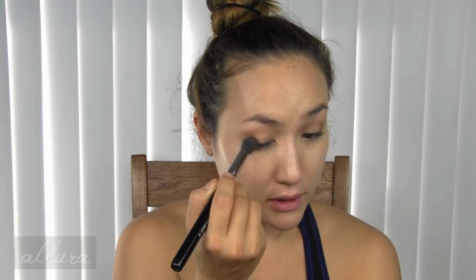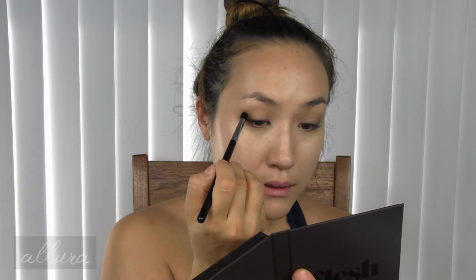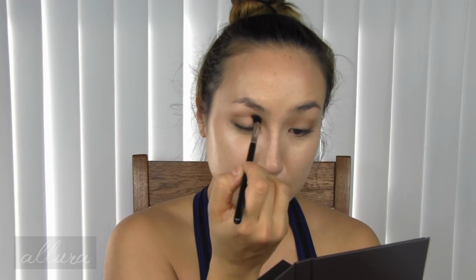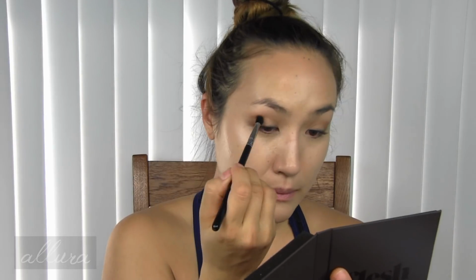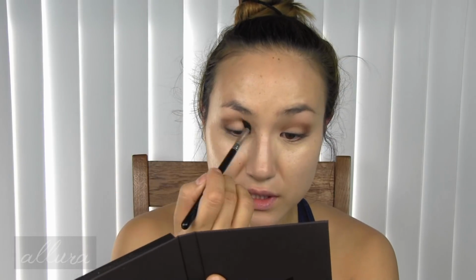I'm going to go in with a bigger brush that just has some leftover translucent powder on it to soften and blend these edges. Using a more tapered brush for the deeper shade. This is applying patchier than I would like. Oh, this side is better. Maybe I just needed to get enough